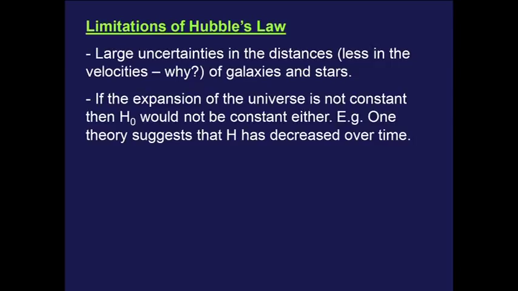So Hubble's law is not without its limitations. Simply speaking, the big problem with Hubble's law is the fact that there's not that much light that gets to us from these very distant galaxies. Therefore, any small uncertainty we have in measuring the amount of light or the apparent magnitude creates an ongoing uncertainty in the distance to it. And so, Hubble's law is good, but it's not perfect.